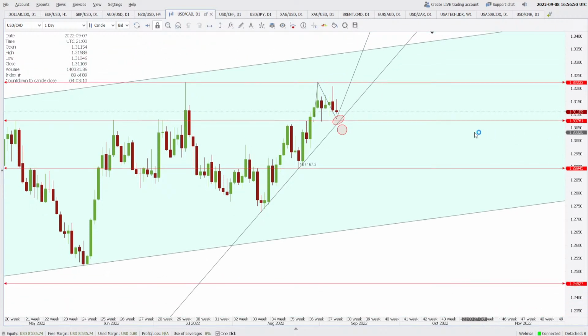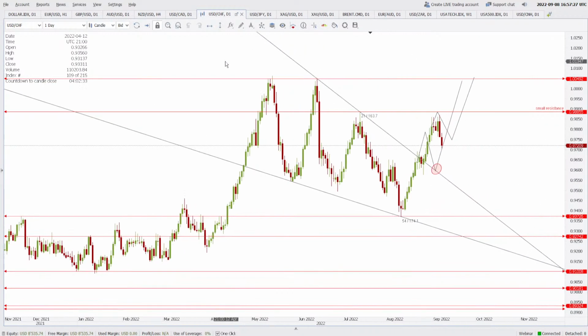There is a very good possibility of the US dollar rising against the Canadian dollar. Why? Because Brent is falling. If Brent is falling, that means the Canadian economy is falling. If the Canadian economy is falling, that means the Canadian dollar is falling. If the Canadian dollar is falling, that means the US dollar is appreciating against it. I didn't want to talk about any fundamentals here, but this makes a technical aspect of the trading because fuel is correlated with the Canadian dollar very much. All right. So 1.3076 is the immediate support and 1.3223 is the immediate resistance in the market.